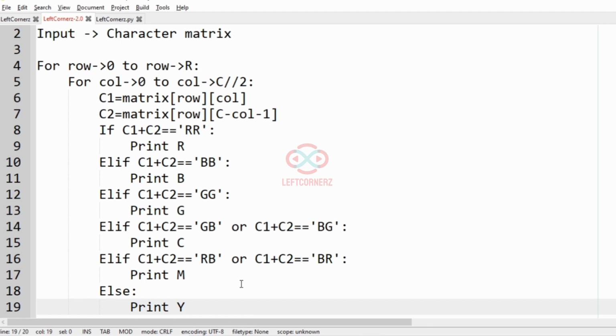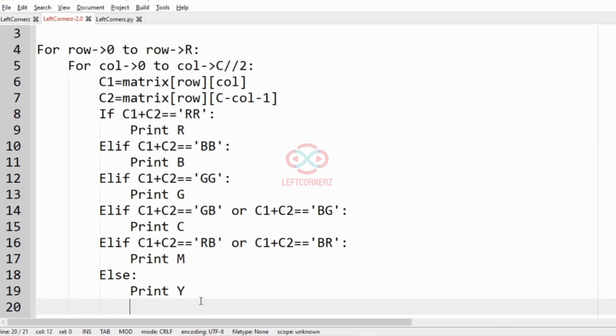If the above statements are not executed, this else statement will be executed. So these are the conditions for color combination. So after printing each row we have to print a new line. So print